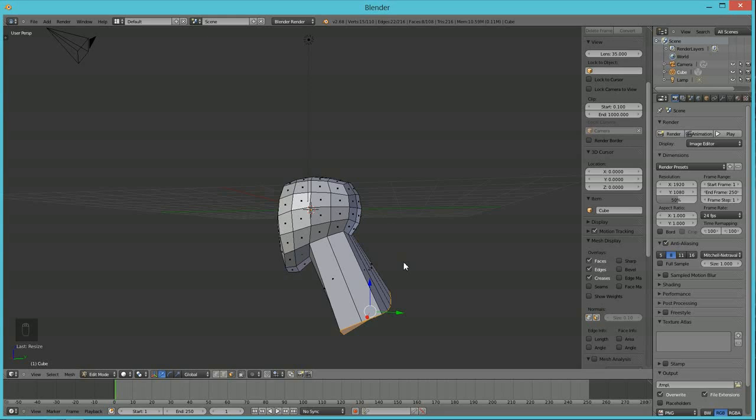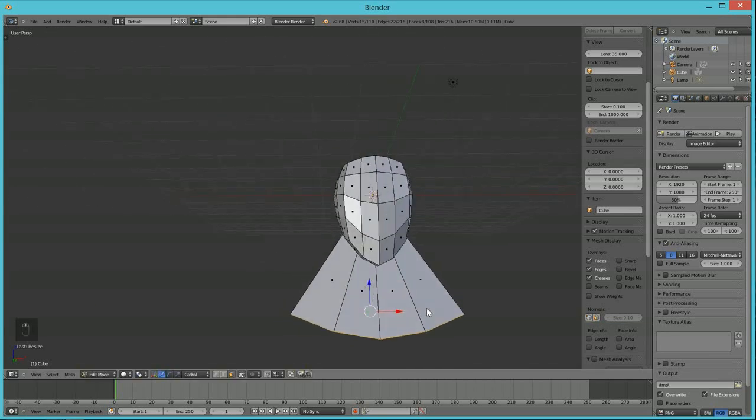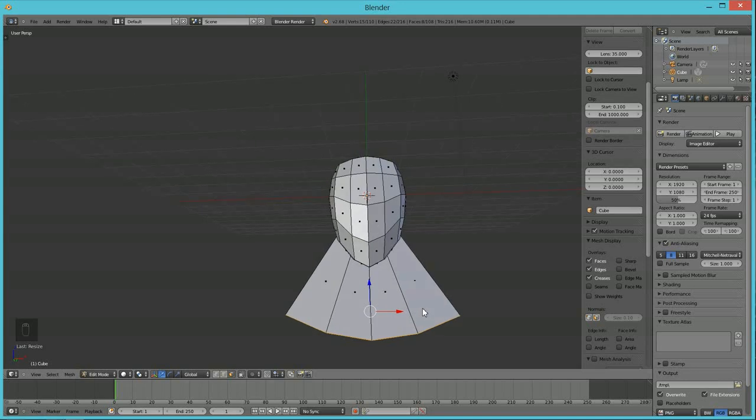But anyway, you can still see that the bottom 8 faces that we selected are still selected. Now what you're going to do is scale on the Y-axis. All right, so you got this nice cobra looking neck thing. All right, this next command, again, if you're new to Blender, this is probably one of the